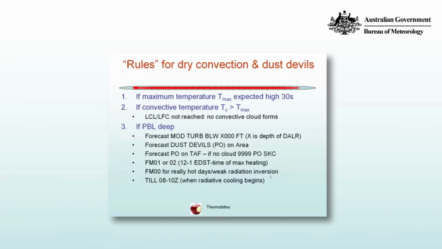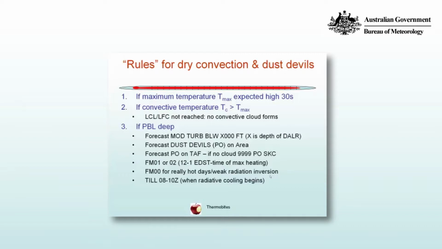The planetary boundary layer, remember, is the depth through which you have this dry turbulent motion happening, and if it's deep, then for the area you'll forecast mod turb below x thousand feet, where x is the depth of the dry adiabatic layer. You can also forecast dust devils, PO, on the area. For particular TAFs, you'll have PO on the TAF, and if there's no cloud, then you'll write it as follows: